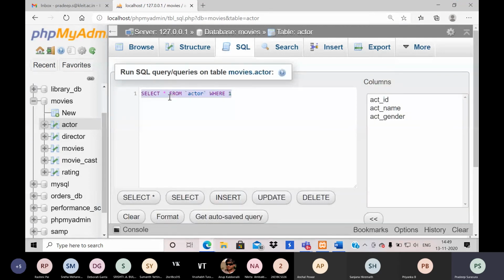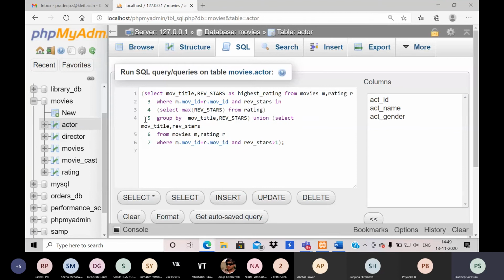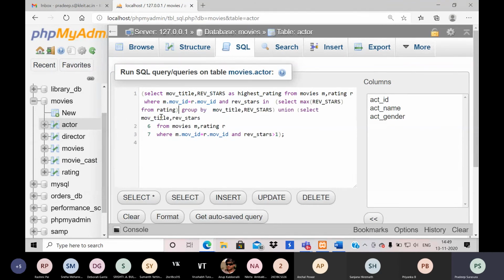Let me execute one more query. See what will happen to this. So in this query, what we try to do is we try to collect the value of average of all the movies, then try to see that at least mean we try to create average of certain movies.